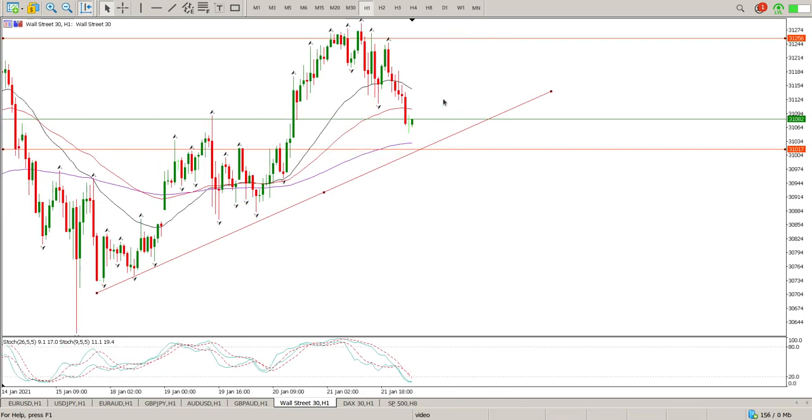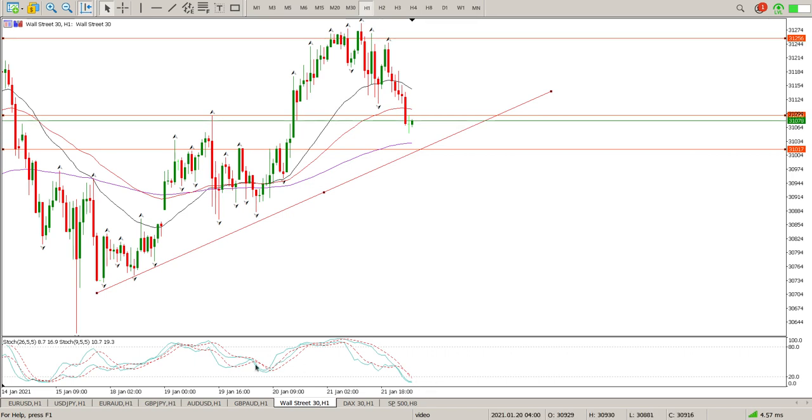Wait for some structure. So you can see how messy it is, and then it looks like we've had an exhaustion bar down, then we start buying off this level. But we're buying kind of in the middle of nowhere. So we didn't quite buy off that level. So for me, this is the structure I'm looking for: 3101.7, probably 3100. Look at the oscillators at the moment, coming up to a nice grouping here, and very